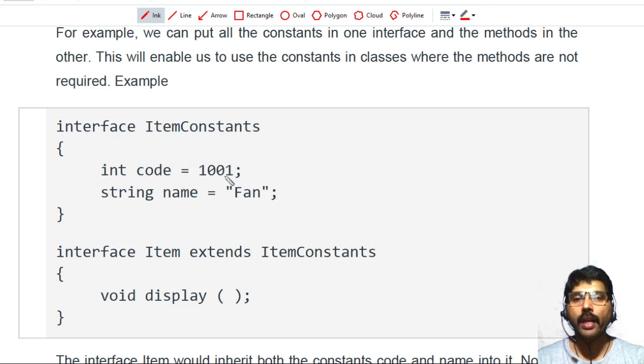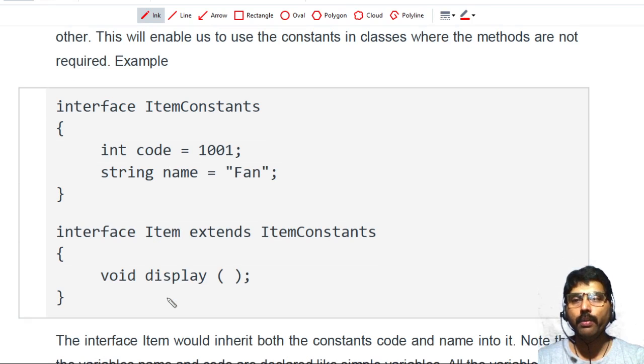Using that item constant, I have created one interface called item. Now whatever the properties of this old interface, item constant, are also available in the item interface. The item interface contains code, name as well as display.